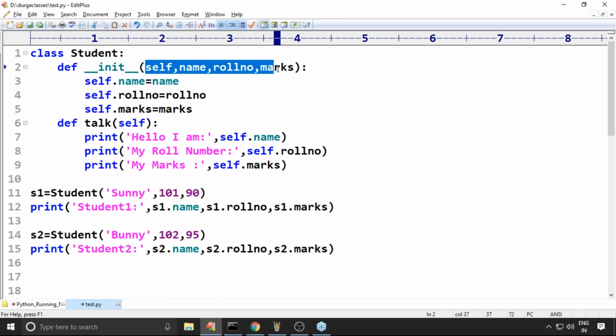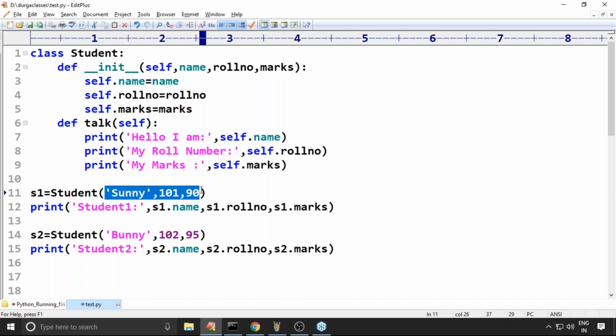Here, how many arguments are there? 4 arguments. But how many values are we passing? Only 3 values. Where is the fourth value? Kritika, observe. The value for self is always going to be passed by the Python virtual machine. Remember.